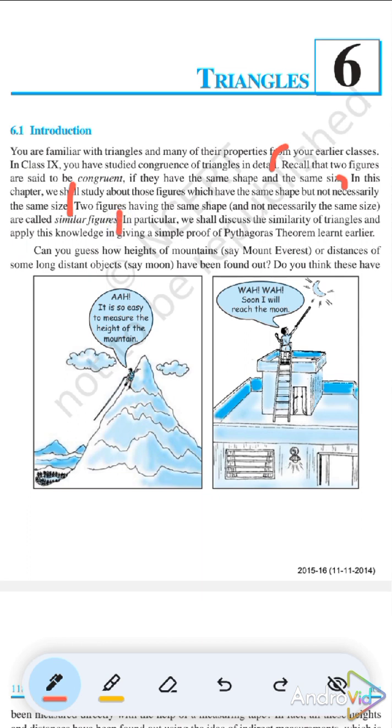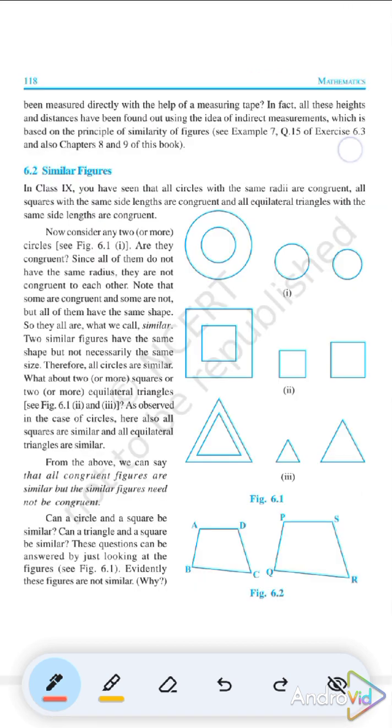So hence we are going to study about similar triangles, and we can definitely study the difference between congruent and similar figures. If you see the topic 6.2, it is given as similar figures. We can say that all circles with the same radii, that is with the same radius, are congruent, and also we can say that squares with the same side lengths are also congruent, and equilateral triangles with same side